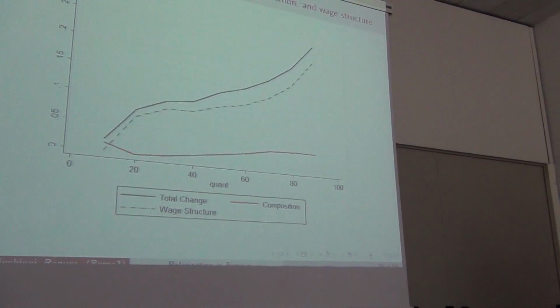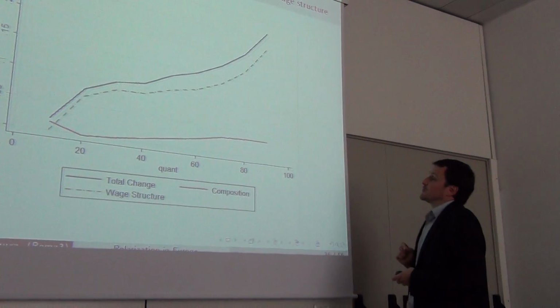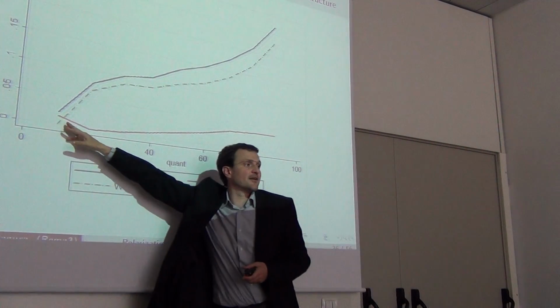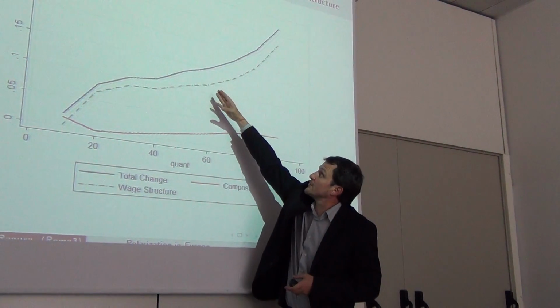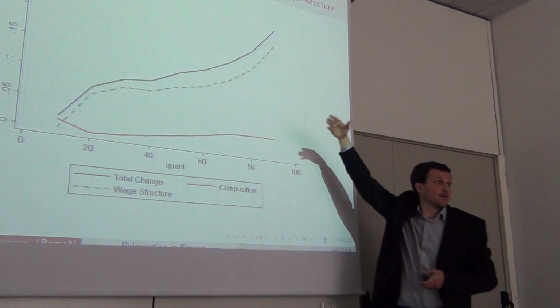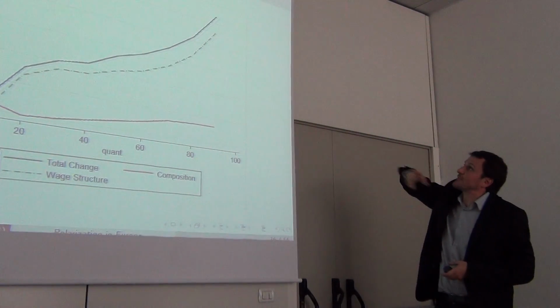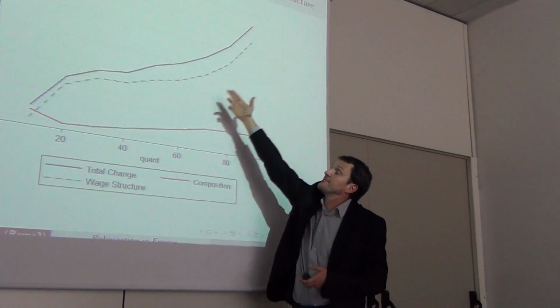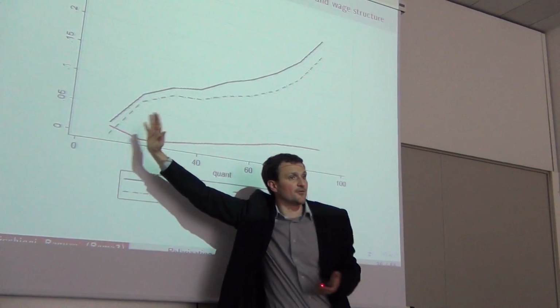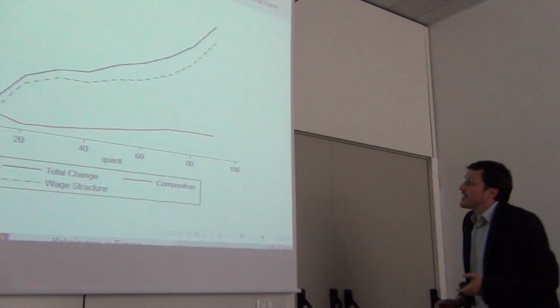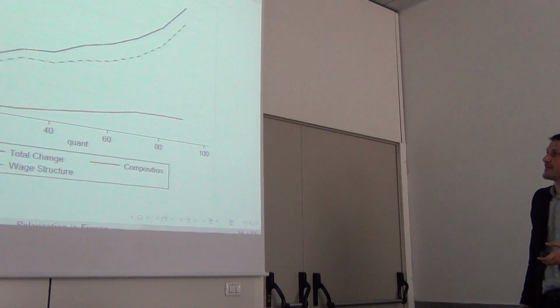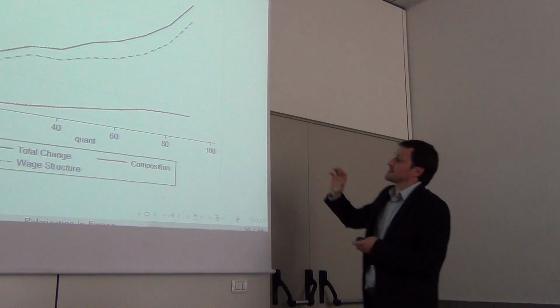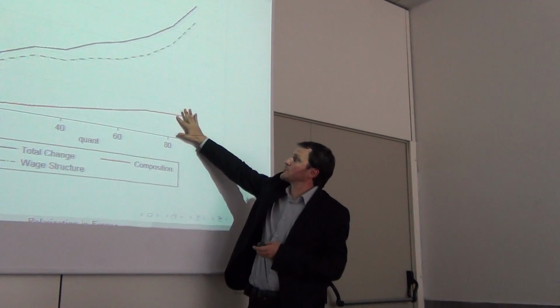Okay, so you have that those who are at the bottom, their wages remain basically constant, while those who are in the middle increase a little bit, and those who are at the top increase the most. So as I showed you before, the 90-50 increase and the 50-10 increase. Okay, and then I can derive the counterfactual. Here, for instance, the counterfactual for composition.